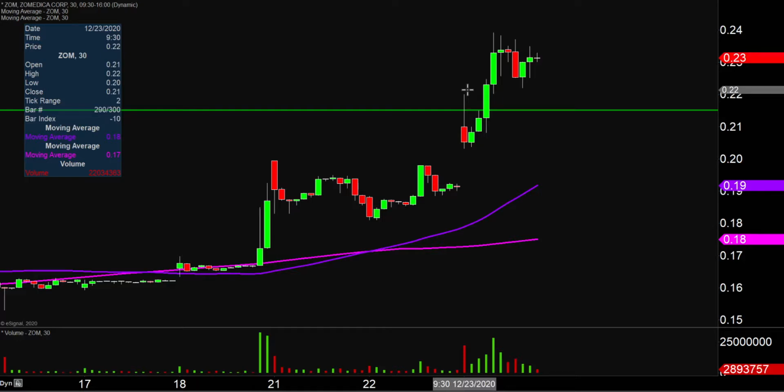Now, don't get me wrong. If the price falls below that level, that does not mean the entire chart's destroyed or ruined or anything like that. But yeah, if the price could manage to stay above that area, that would certainly be a great sign of power moving forward. Taking a step back and looking at all this from the bigger picture point of view,